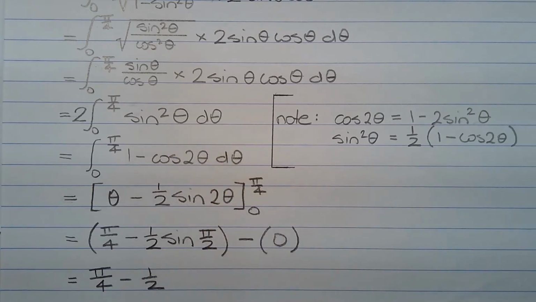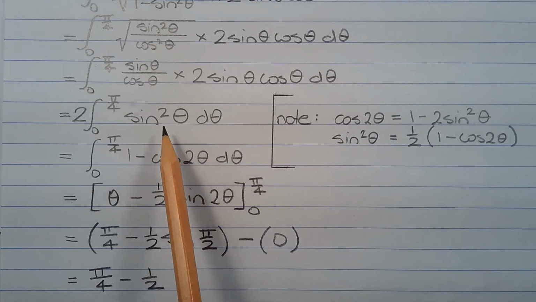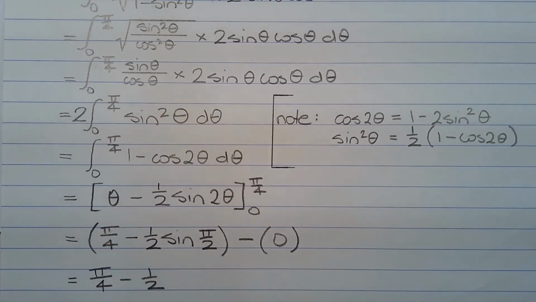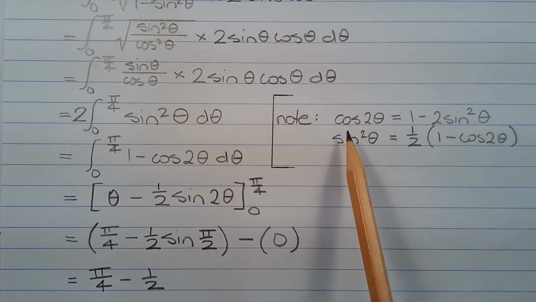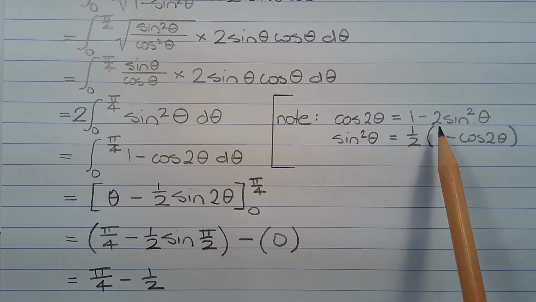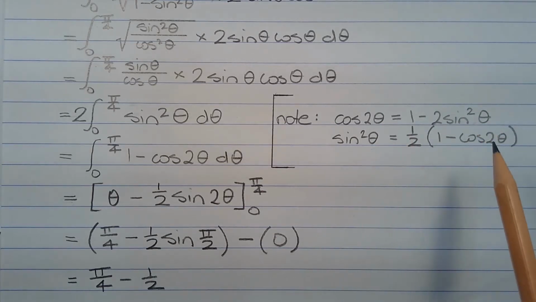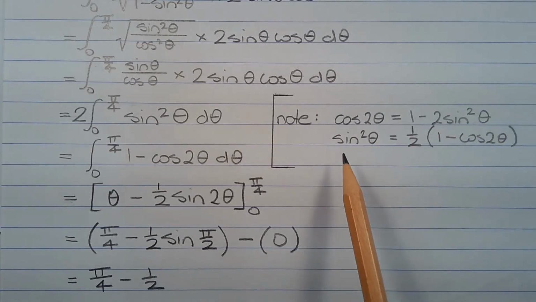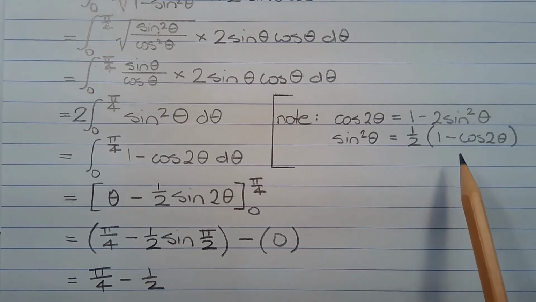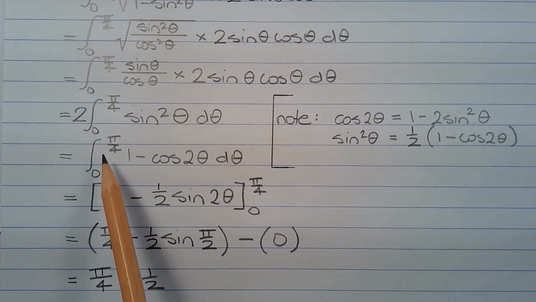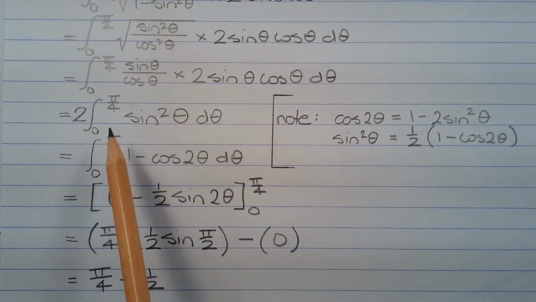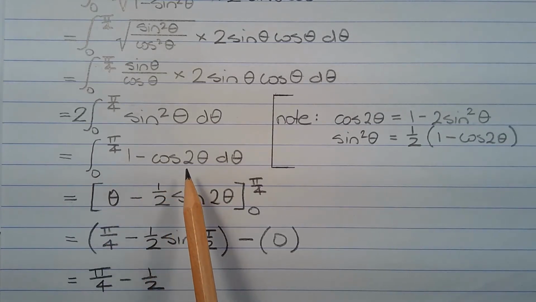squared theta d theta. Now to integrate sine squared theta, we need to express it in terms of the double angle for cos. Now note that cos 2 theta is equal to 1 minus 2 sine squared theta. And making sine squared theta the subject, we have sine squared theta is equal to half times 1 minus cos 2 theta. So the integral becomes the integral from theta equals 0 to theta equals pi over 4 of 1 minus cos 2 theta d theta,